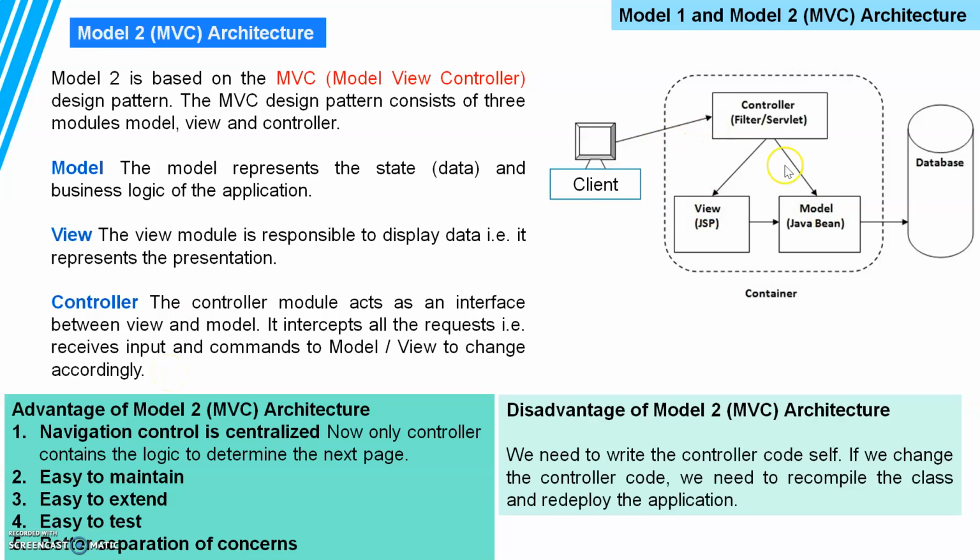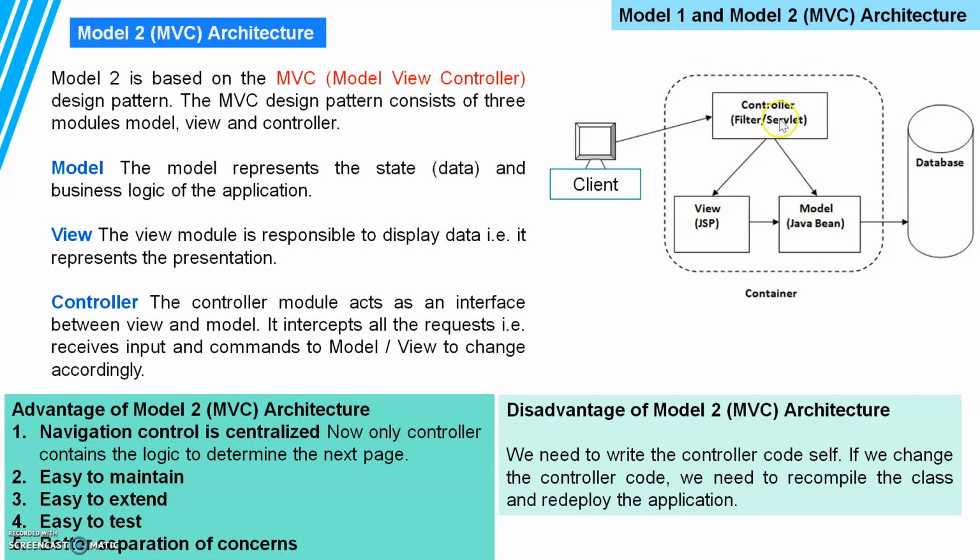So if you see here in the diagram, if this is the client side, if we send the request, then in the MVC structure, three parts are separated. That is the presentation, then second is the navigation, and third is the data and business logic. These three things are totally separated. The view is taken care of by JSP. Navigation will be taken care of by the controller, filters or servlet, and the model will be handled by Java beans, and then Java beans will communicate with the database. So this is the MVC architecture, model, view, controller architecture.